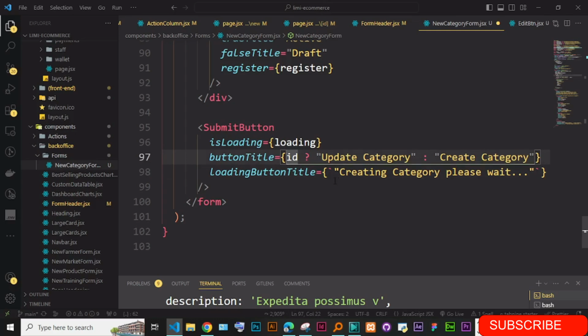That if the update ID, I don't know if we do this, if update ID, let me first remove this. So instead of creating, we just need to check if dollar ID is true,